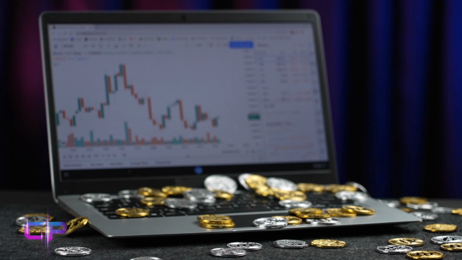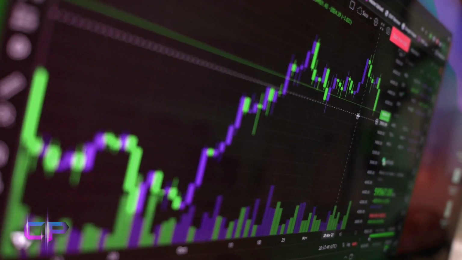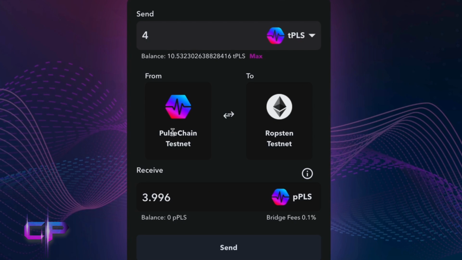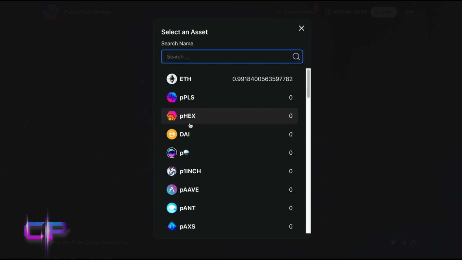You can transfer tokens from one blockchain to another and vice versa. By putting the amount you want to transfer, the amount you will receive in the other blockchain will appear on the bottom of the page. So, in our case, pPLS will appear, but it could also be pHEX or any other coin you pass from